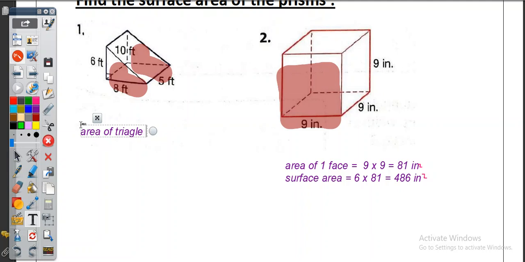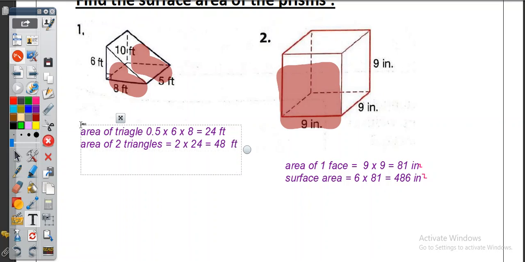Area of the triangle is half times base times height, which is, yes, half times 6 is 3, that's half, then 3 times 8 is 24 feet. So the area of two triangles equals 2 times 24, which is 48